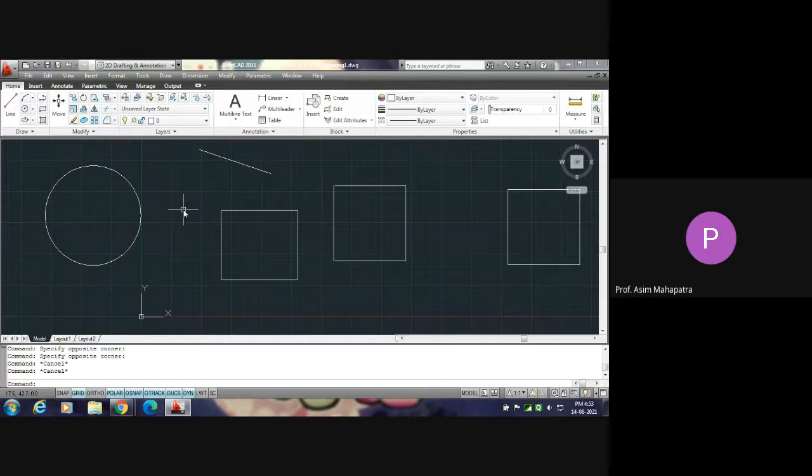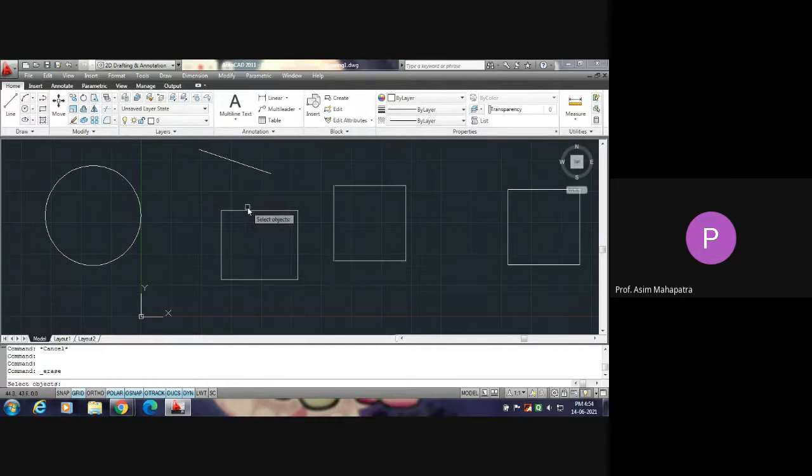If you enter into any modify command, suppose in the modify menu there is erase. I want to erase one or two lines here. So you activate the erase command. Now the cursor has changed to selection mode, a small square. This is the selection mode cursor.